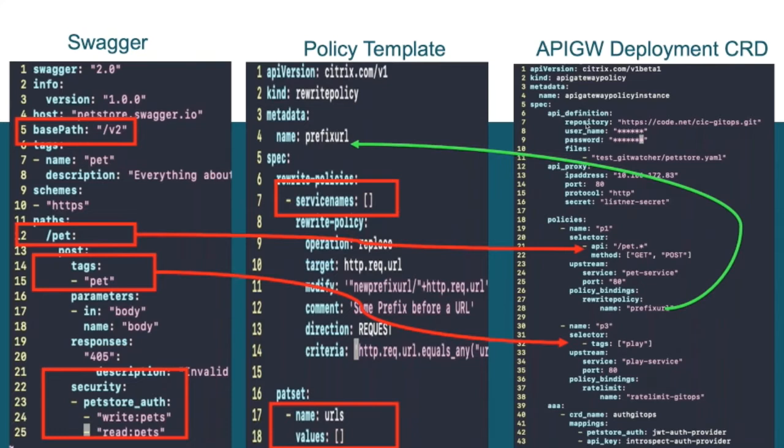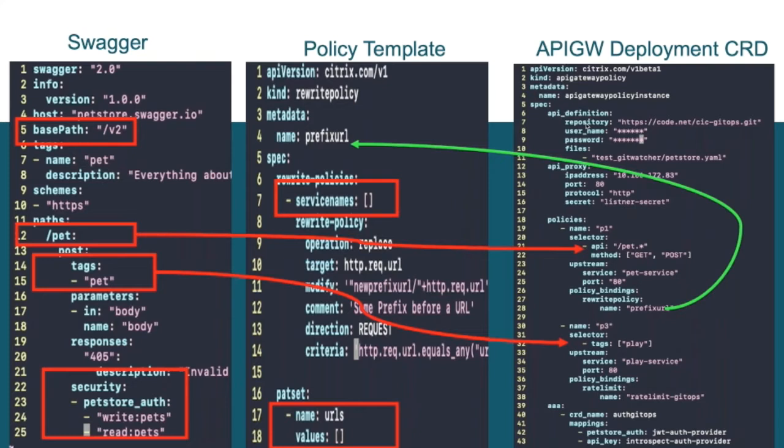Then, since this piece will drive the end-to-end configuration of an API gateway, the system needs to be told where the client can connect to access this API, and how that gets configured. That is the API proxy section.